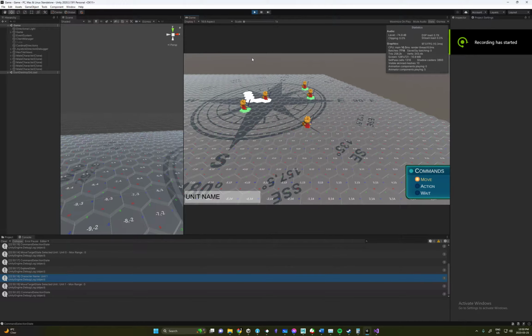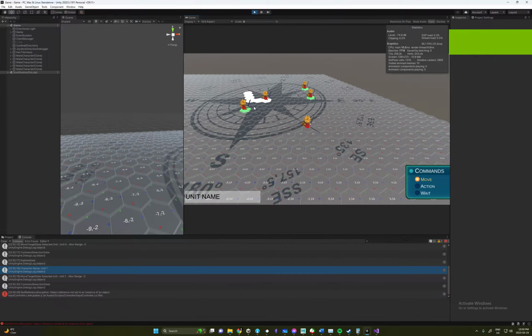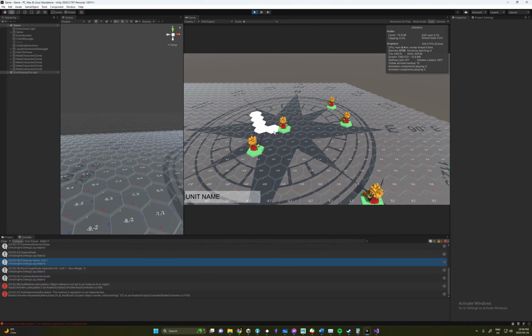Okay, I restarted the video because it actually crashed. My computer did a thing and my video stopped. It's not working though. I think it has to do with